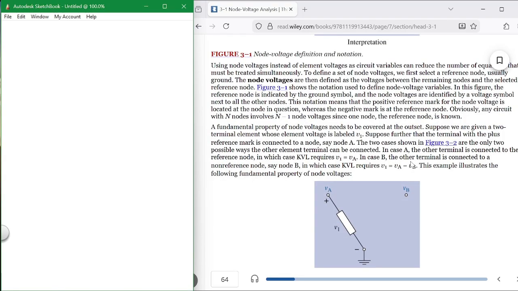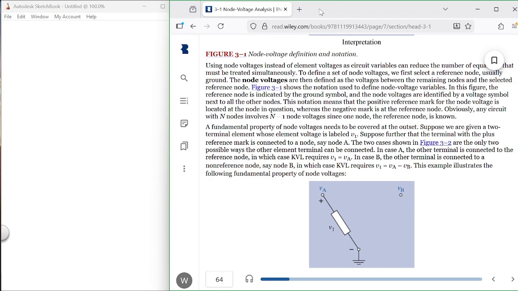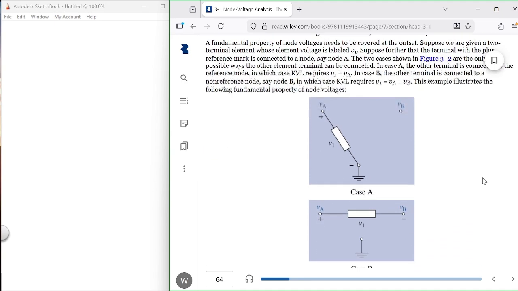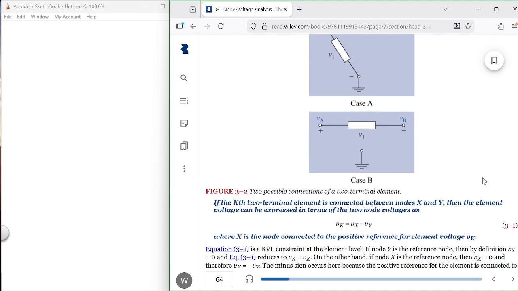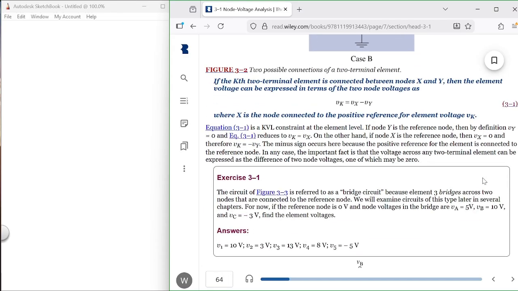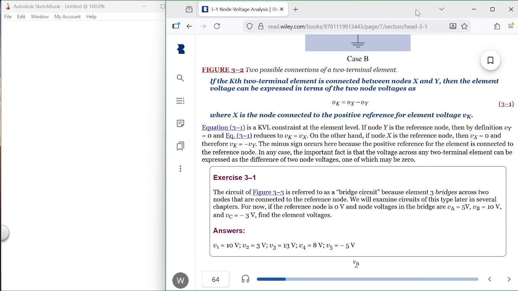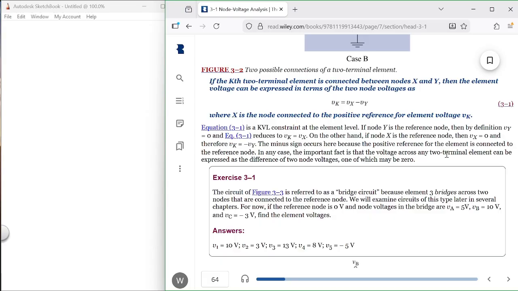I'm not going to do these example problems, even though I'm going to go through them. I'm going to show you where they're at, and you can look at this part of it, and you can stop the video and look at any of this part that you might be interested in. But we're just going to work problems at the end of the chapter today. So